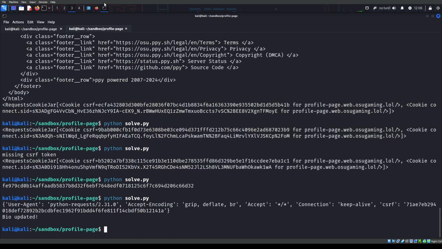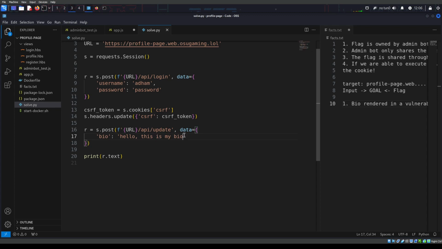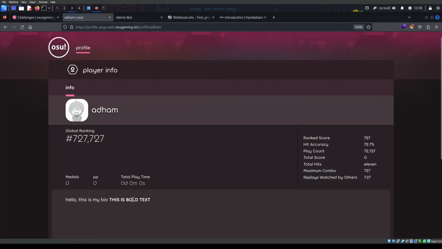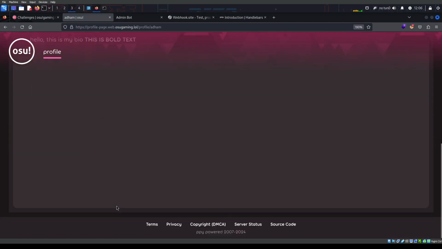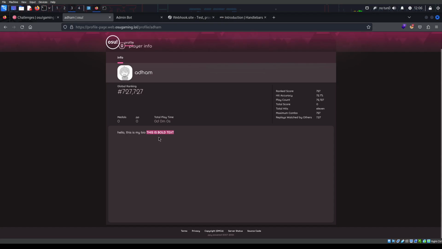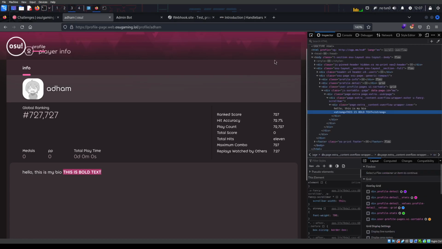So if we go back to our solve script, let's add something like a new line, and then we can do "this is bold text" with the BB code. If we run this and refresh, I don't know if you can see it, but this text is now bold. So it's triggering the BB code. The BB code format is getting triggered, and it's replacing this, if we look here, with actual HTML tags, strong and strong. Okay,